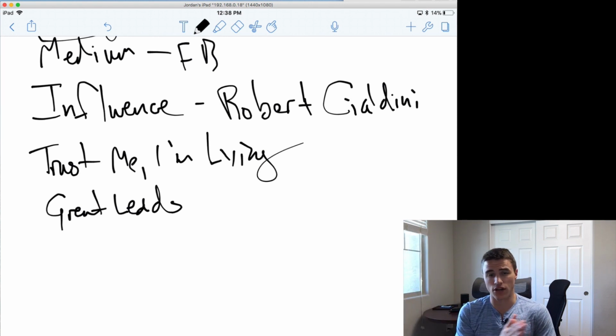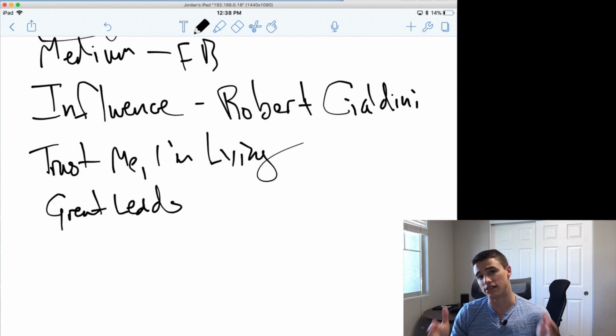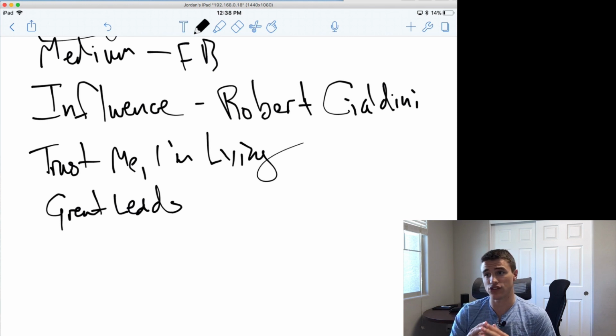And so once you read these 3 books, once you execute, take my program around Facebook advertising, you're going to have all of the theoretical knowledge that you need. You're going to have more theoretical knowledge than most practitioners at that point. And so really the most important thing that you can do as a marketer trying to learn Facebook ads is just to run Facebook ads. So, save up $100, $200, $500, whatever you can do to save up, and just start running ads to something.